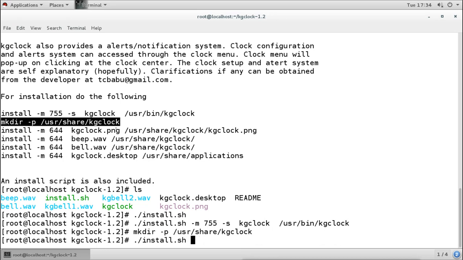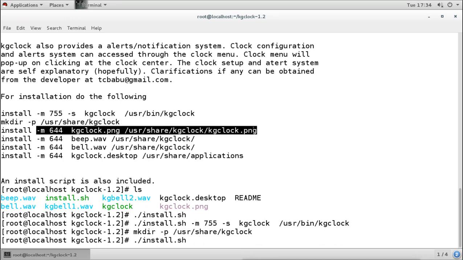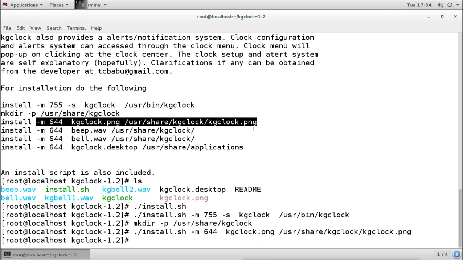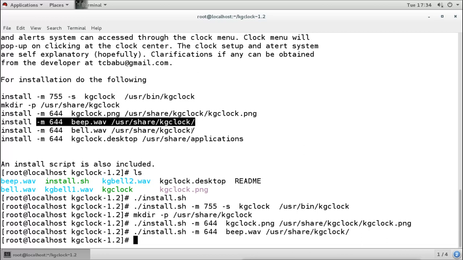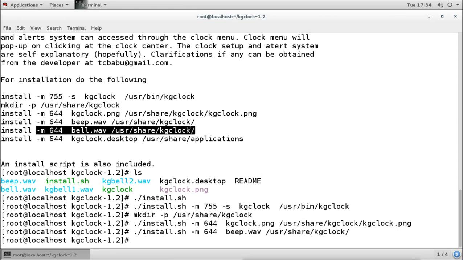So this is called script based installation, where according to the readme you will get the instructions, or you will just run the script and see it start doing the job.